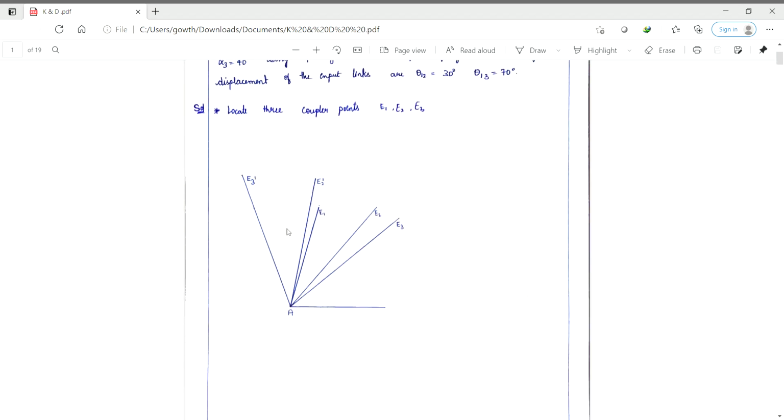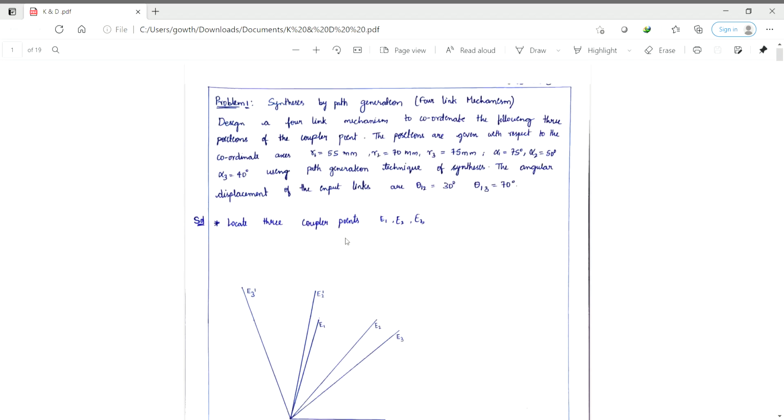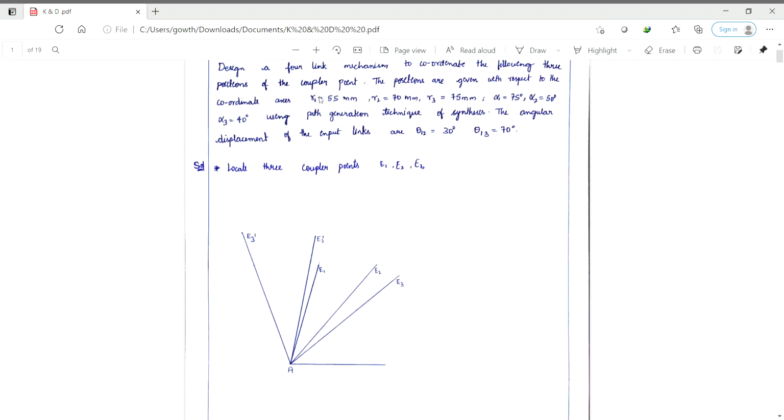Now draw a suitable length representing a fixed link in the 4-bar mechanism. Mark the left side end as A, and now draw three coupler points. Those lengths are given as 55, 70 and 75 mm respectively, and angles are given as 75, 50 and 40 degrees respectively. So these are the points E1, E2, E3 as mentioned above, drawn like this, joining A. Now